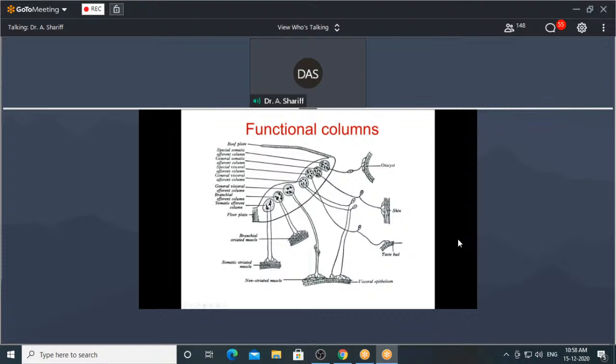Is the ventral half of the neural tube, innervates the viscera, and particularly those afferents, and this is efferents, and the ones which are near to the middle part of this thing, they innervate the viscera, whereas the parts of the neural tube which are away from this particular groove, they innervate the body wall or the somatic columns, and these ones closer to this, they innervate the viscera. So the dorsal half is sensory, this whole thing, and this are concerned with the viscera. So, and here we have somatic